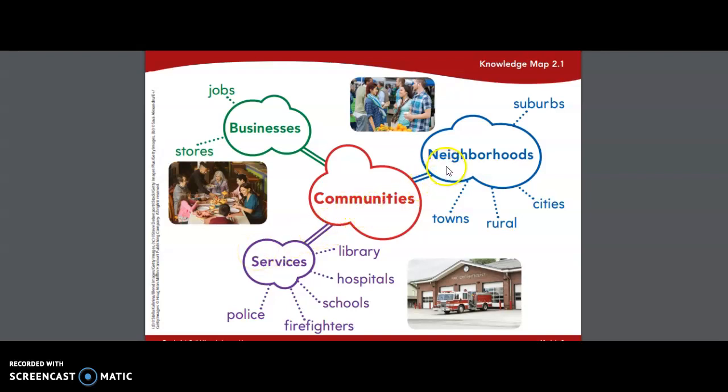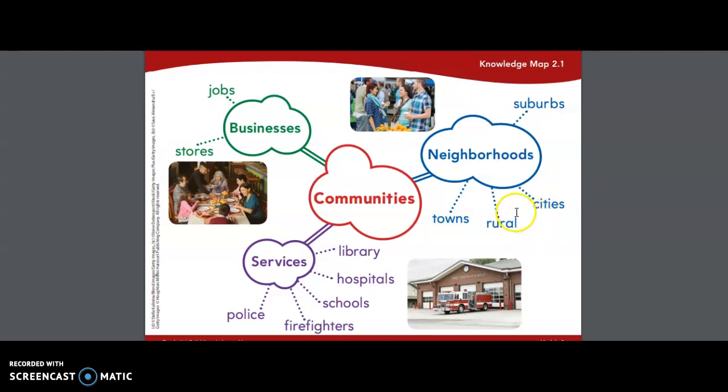When I think of neighborhoods in a community, I sometimes will think about suburbs. Suburbs are the parts of the community that are the neighborhoods that are a little bit away from the middle of the city. So there are some suburbs of Kingsport, and you might live in a neighborhood that's a suburb. You might also think of the word cities when you think of neighborhoods, because in cities there are little neighborhoods